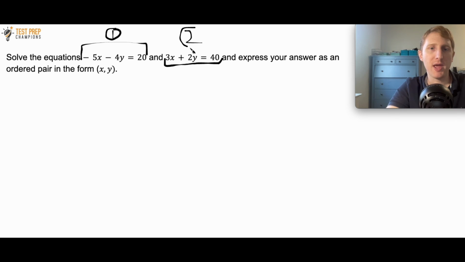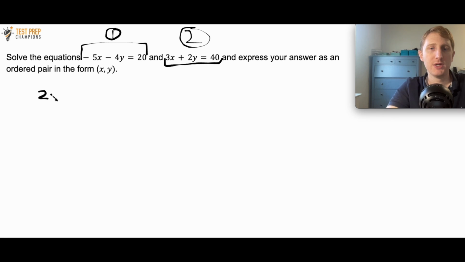Now in this case, we have to find both x and y. So it doesn't really matter where I start here. Some ways might be slightly easier than others, but just from looking at the question here, it's hard for me to really tell what would be the easiest way to start. So I'm just going to randomly pick one of these equations, and then I'm going to randomly pick a variable to solve for. So I'm just going to go with equation 2,